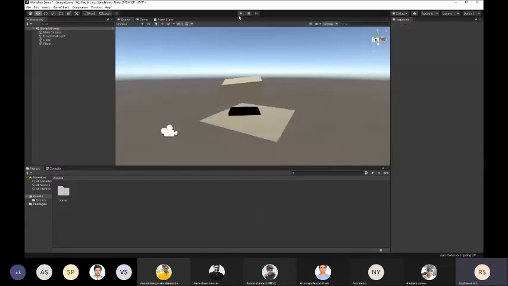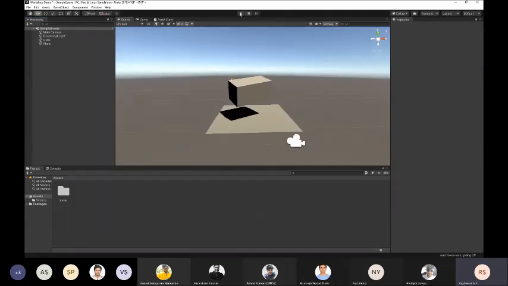So I haven't talked about what this play button and pause button are here. When you click on play, your game starts running. Right now we're just setting things up, but when you click play, Unity starts actually rendering your game and calculating all the physics. And pause is to pause the game. So let me just show you a quick demo.